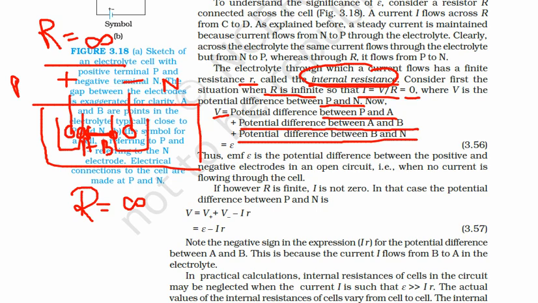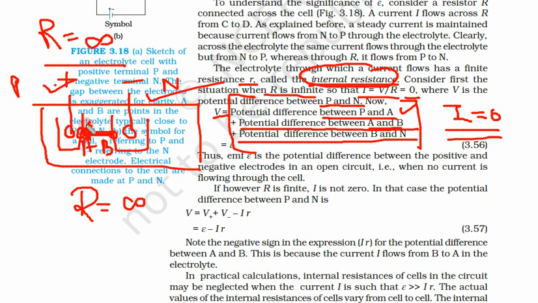Understand this once again. What are they trying to say, what is this V? Outside, I was 0 because R was infinity, current was 0. Now what is the potential? Potential has three components. One, potential between the positive electrode and electrolyte solution. This is the first term, P and A. Potential difference between B and N, that means potential difference between the negative electrode and electrolytic solution. And the third term, potential difference between A and B, because there is some distance